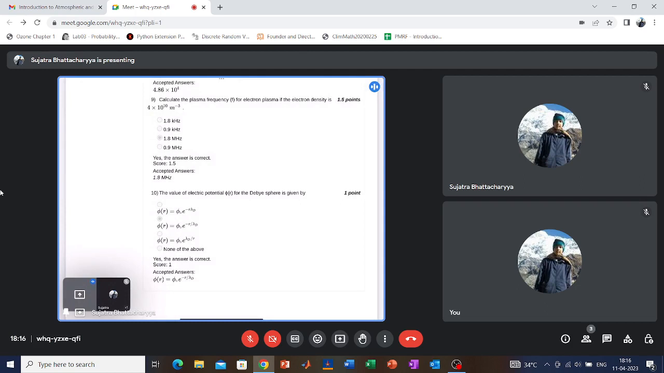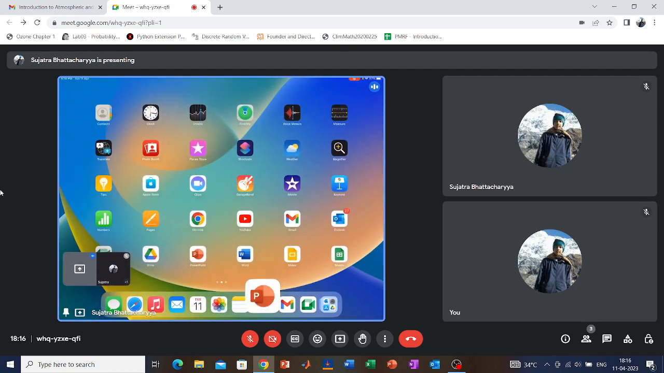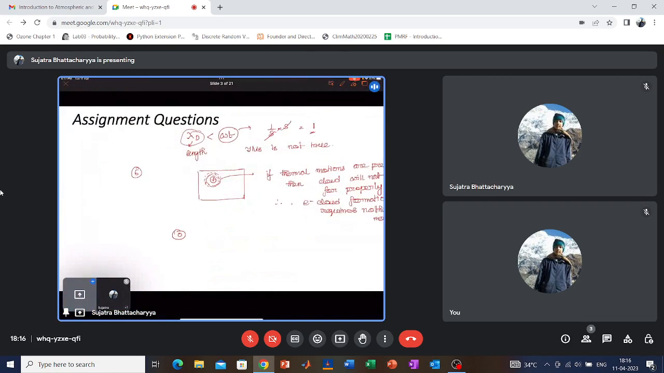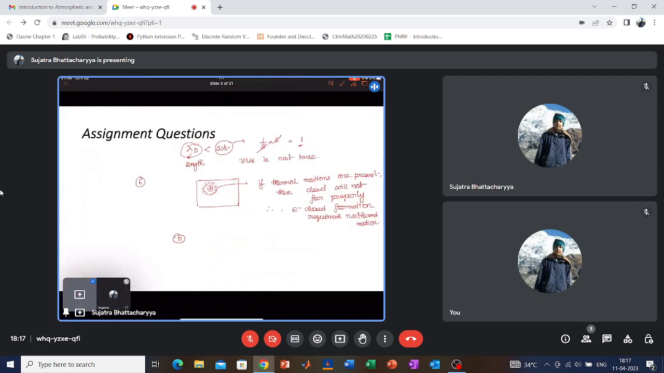But the 10th question is, the value of the electric potential phi r for the Debye sphere is given by, see this phi naught, you have to understand by your own way that this phi naught is the Coulomb's potential, that is kq by r, and then you have e to the power minus r by lambda d as the correct Debye potential formula. So let me write it, and this will end the assignment discussions. Although some numericals are left, those numericals we will take up one by one. So the Debye potential,